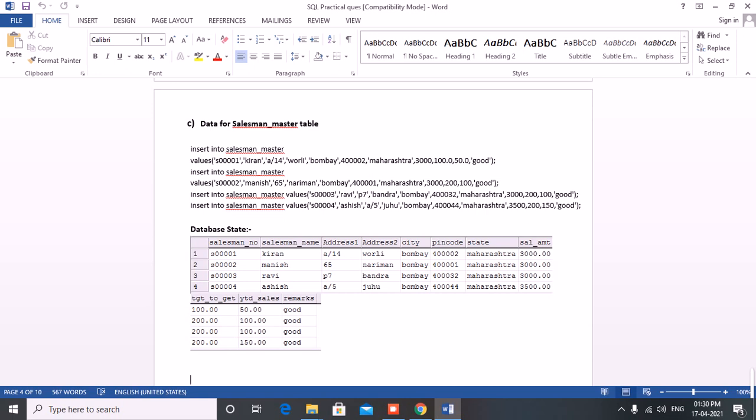So this is how you are writing, and a very important thing is that this is case sensitive. So the I of insert should be in small letters, the V of values should be in small letters, it should not be capital, right? And into is very important. Insert into sales master values with a bracket. You start off with a single inverted comma. You write the strings, and string and numbers if a combination is also there, and only numbers you don't write in single inverted commas, and every statement would be terminated by a semicolon.